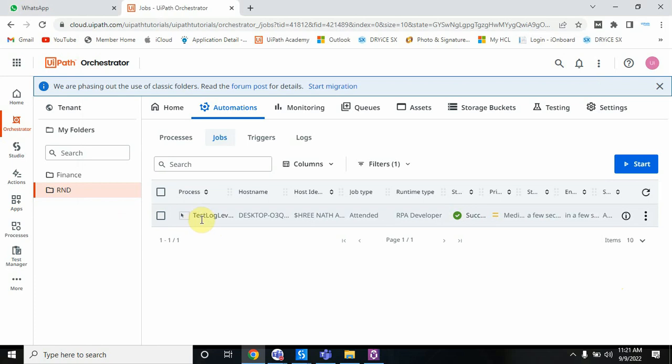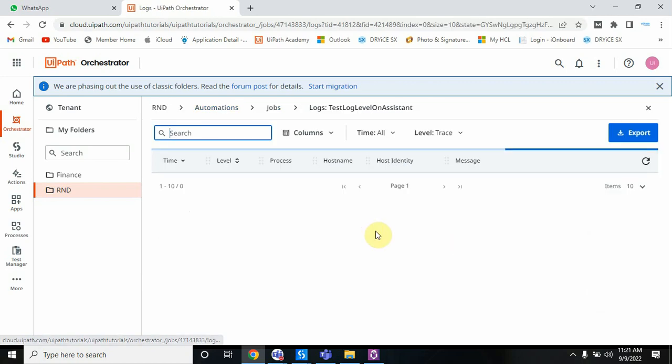Okay, in jobs you see one entry, it came automatically, and it is saying the job type is attended. The run type is RPA developer, and it is a success. Now if I see the logs,